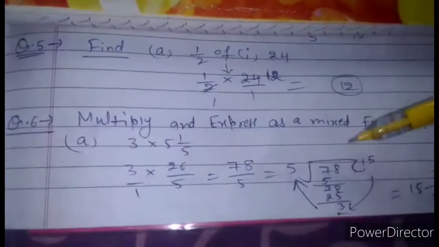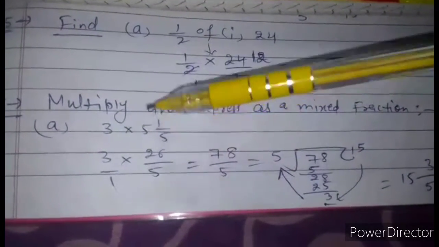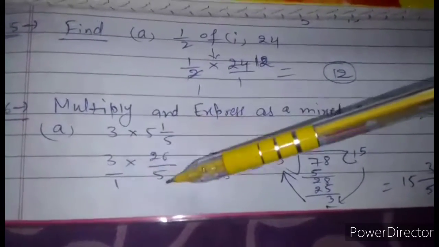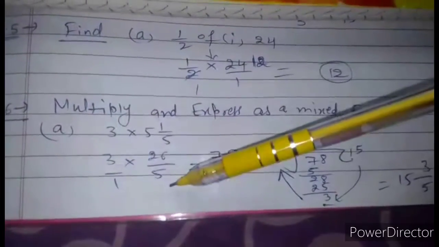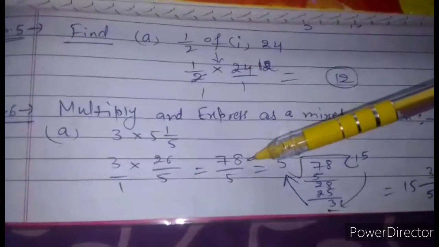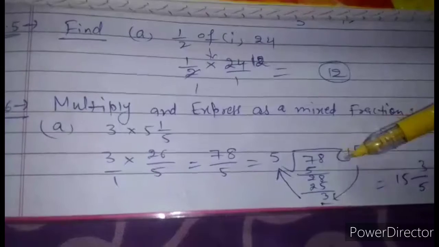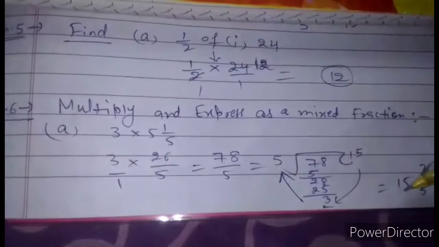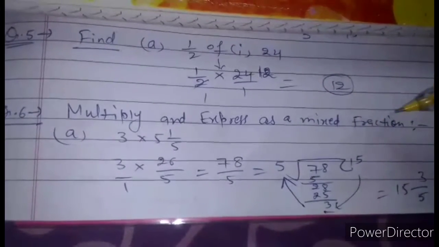Let's see question number 6. Multiply and express as a mixed fraction. Same here. It is multiply, we can cancel numerator with denominator. Firstly we will change this mixed fraction into an improper fraction. If we can cancel anything, then okay, otherwise we will multiply. Here we can't cancel these and these, so we will multiply numerator with numerator and denominator with denominator. If we get the answer as an improper fraction, after that we can change it into a mixed fraction. If we divide here, you will get remainder 3. So in mixed fraction we can write the answer, the quotient will be here, 3 upon 5. This is the answer. We have changed it into a mixed fraction.